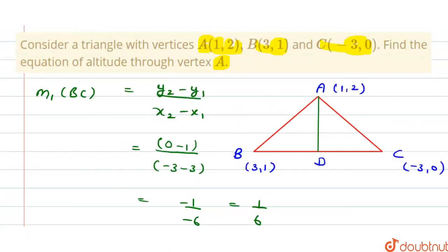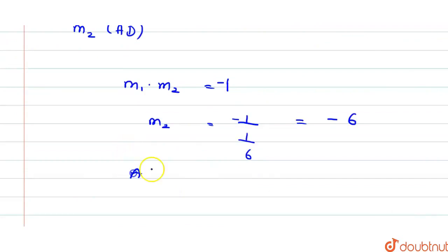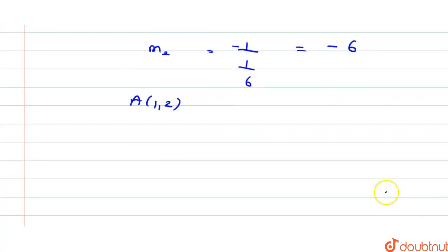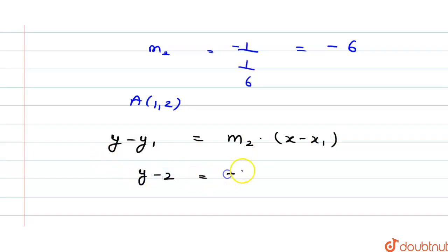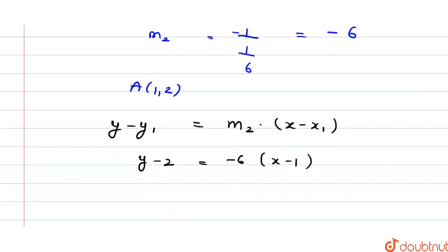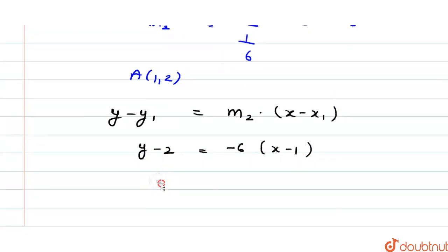Now we are given point A which is (1, 2). Now we have the slope of the line and one point of the line, so by this information we can find the equation. The equation of the line is y minus y1 equals M2, which is the slope of that line, into x minus x1. Here my y1 is 2, M2 is -6 and x1 is 1. So this will be y minus 2